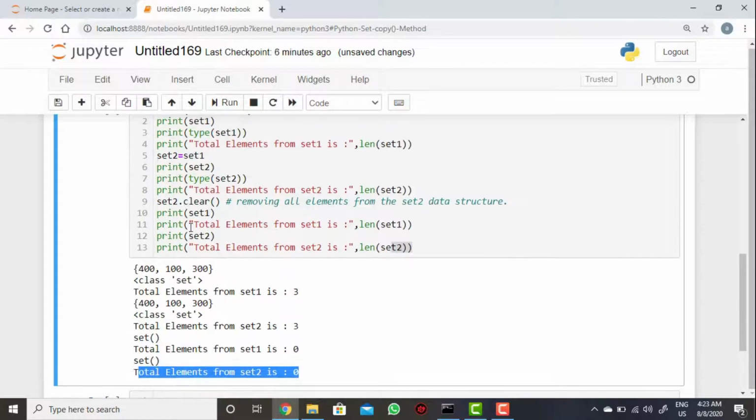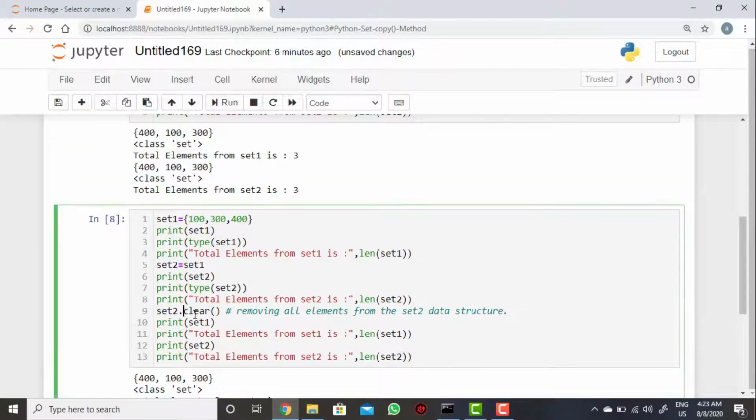So what we need to understand here is that whenever we directly copy or directly assign the values, then whatever happens on set2, like deleting, removing or inserting, will reflect on the main set data structure also. That means if something happens on set2, it will reflect on set1 also.